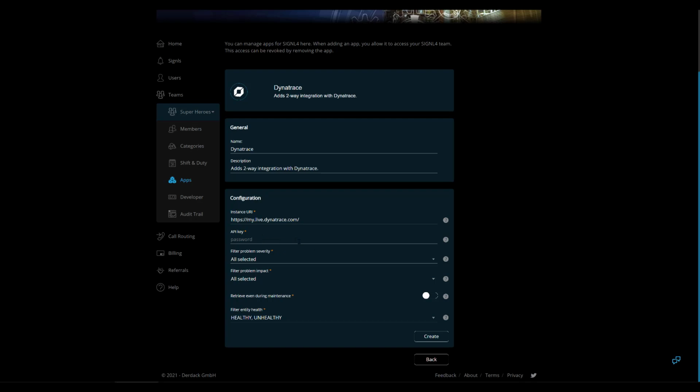Now the other options here have to do with what kind of tickets you want to come from Dynatrace over to Signl4 to alert your team members. And we have multiple options here. So we have filter problem severity, and by default this is going to be selected to all. However, you can do availability events, error events, or performance events, any combination of these options. We're going to go ahead and leave this as the default, selected all, and then move on to our next option,